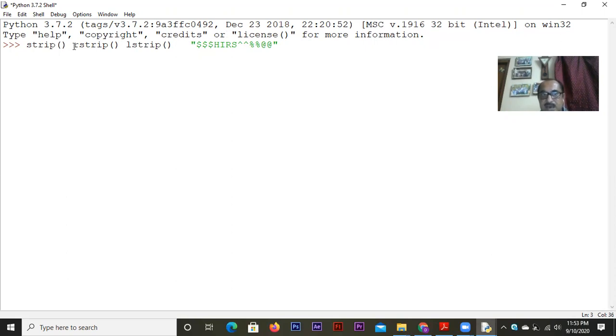If we use R strip, R stands for right, so it will take out all the unnecessary characters according to our selection from the right side of the string, that is the trailing characters, and L strip will take out all the unnecessary characters, obviously we have to choose the characters, from the left side of the string, or that is the leading characters. Okay, so let us write down some examples one by one. I think that's the best way to test things.